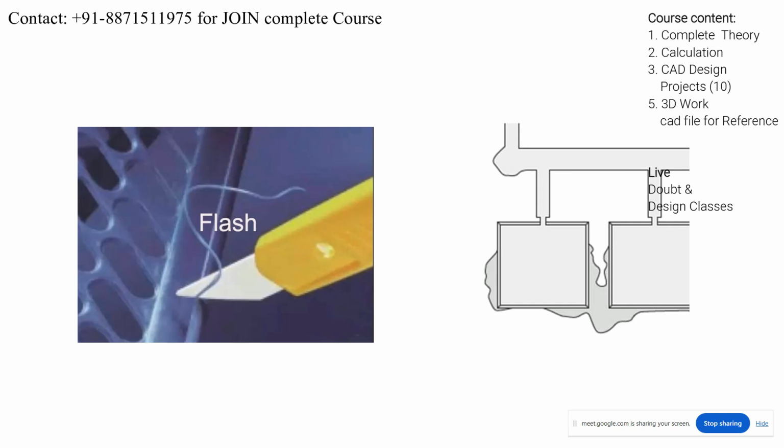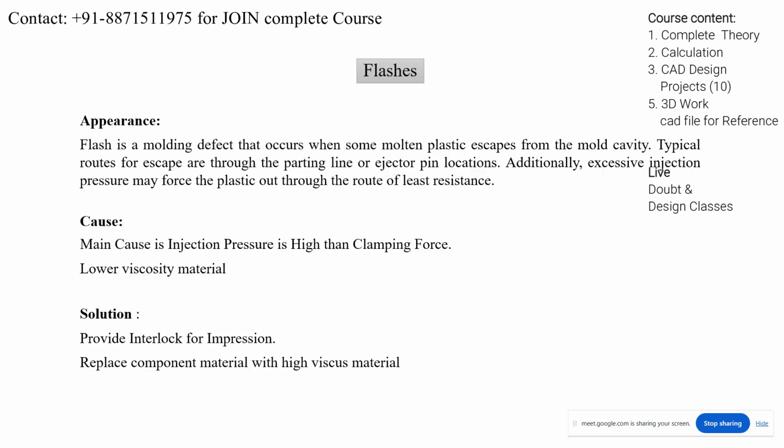understood? Then what is the use of the injection molding process if we have to go for the post process, right? That's why flashes should not be there. So these are all the solutions for the flashes: provide the interlock for the impression, or replace the component material with a higher viscosity material, or add a few percent of GF material into the plastic component in order to increase its viscosity,